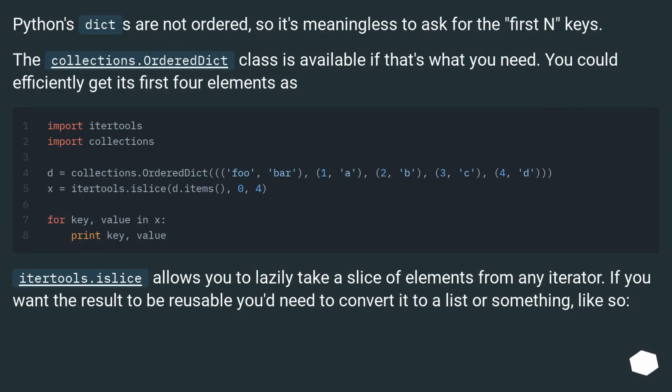Python dicts are not ordered, so it's meaningless to ask for the first n keys. The collections.OrderedDict class is available if that's what you need. You could efficiently get its first 4 elements as